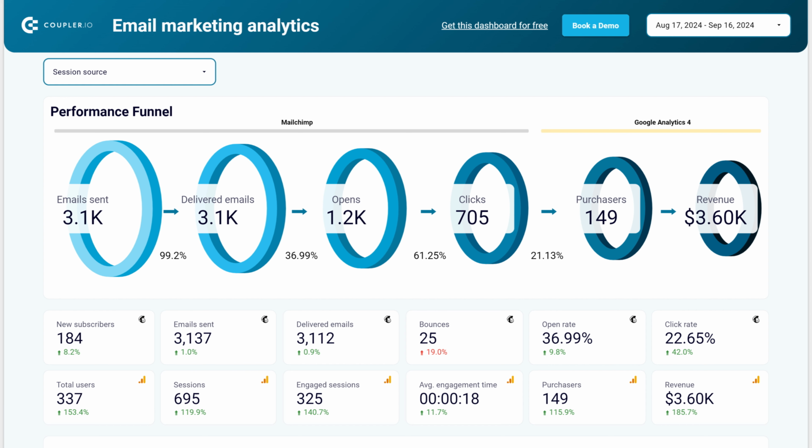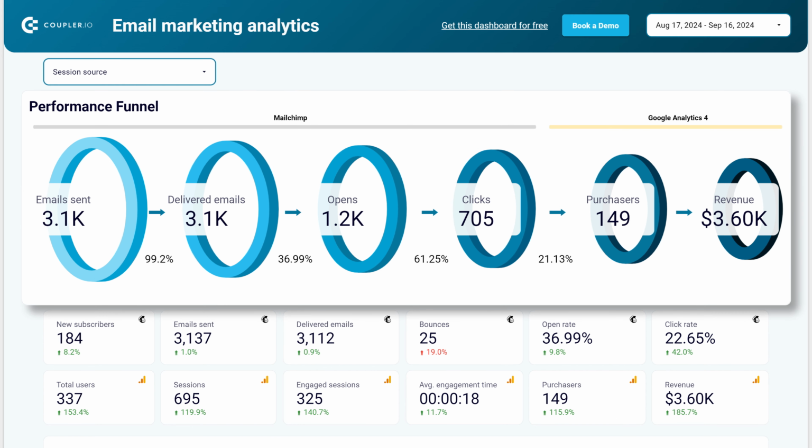You can benefit even more by integrating your marketing email platform data, in this case MailChimp, with website behavior data like page views, conversions, and session duration from Google Analytics. This helps build a more detailed profile of your customers and their behavior across different touchpoints, and understand the revenue you get from your email marketing efforts.